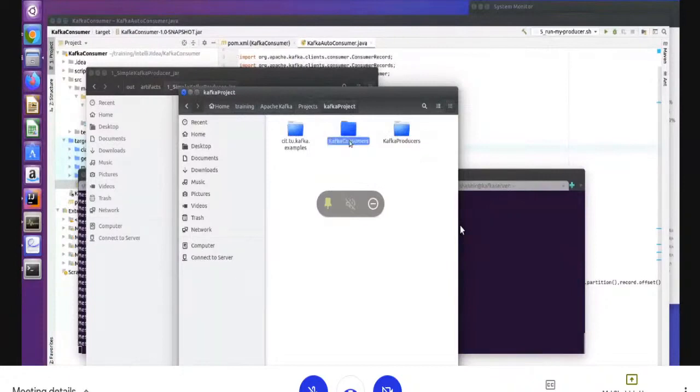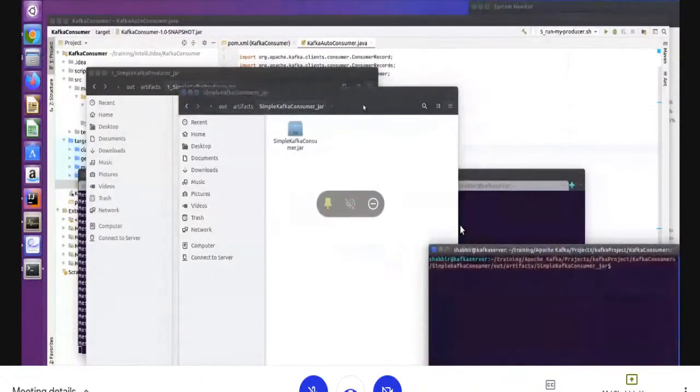I have created a consumer application as well. This is my consumer jar, right? So what I will do is I will run this jar.